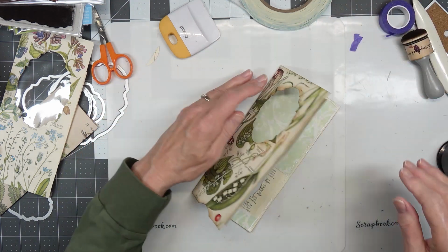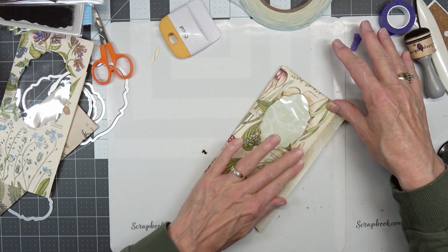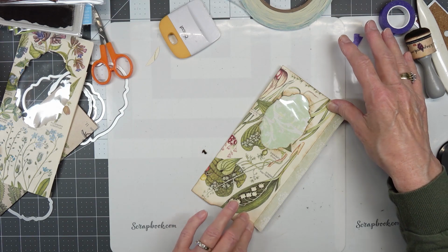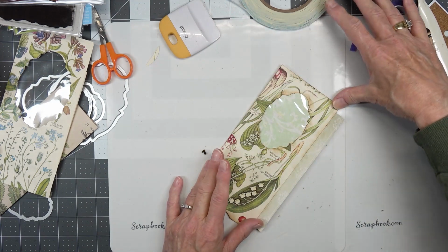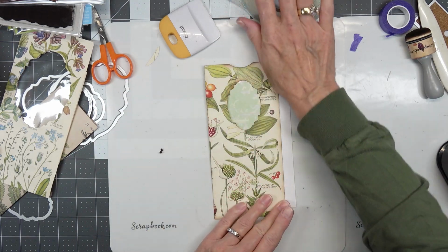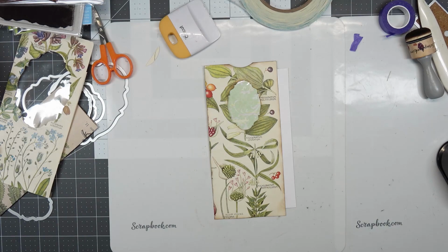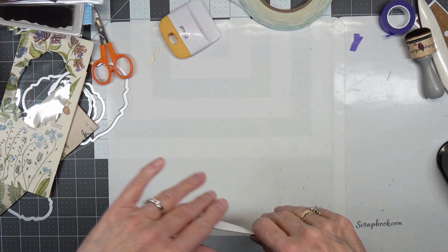There we go. Close it. And hinge it all down. Or glue it all down. There you go. And you have a beautifully finished pocket